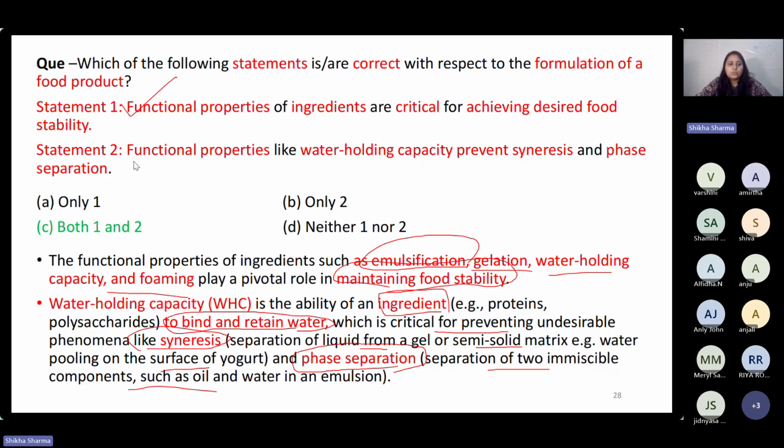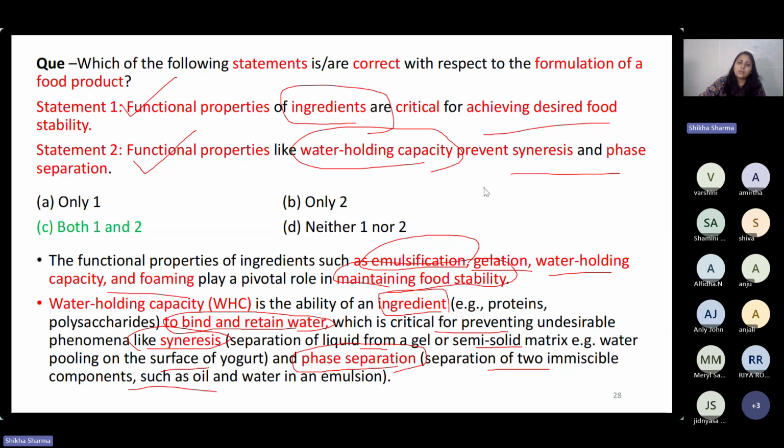emulsification. So statements 1 and 2 are both correct: the functional properties of the ingredients are very important to achieve the desired food stability, and if the water holding capacity is good, it will prevent syneresis and also